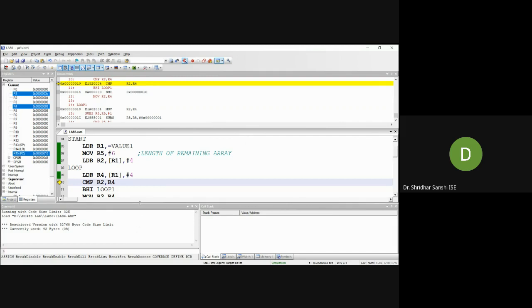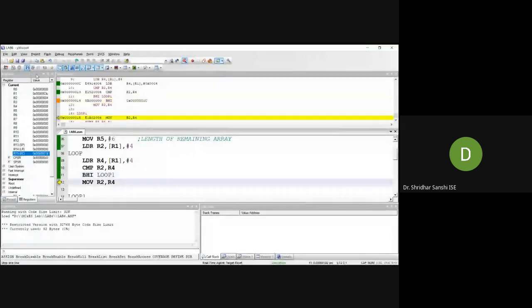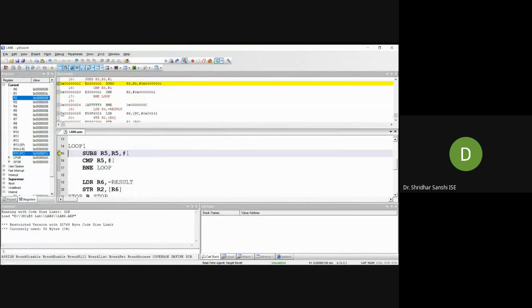The next value is 8, you can see R4 is 8. Since R2 is 4 and R4 is 8, R2 is not greater, so it should skip this instruction and go to the move R2, R4. Now R2 should be updated to 8. Yes, R2 is updated to 8.